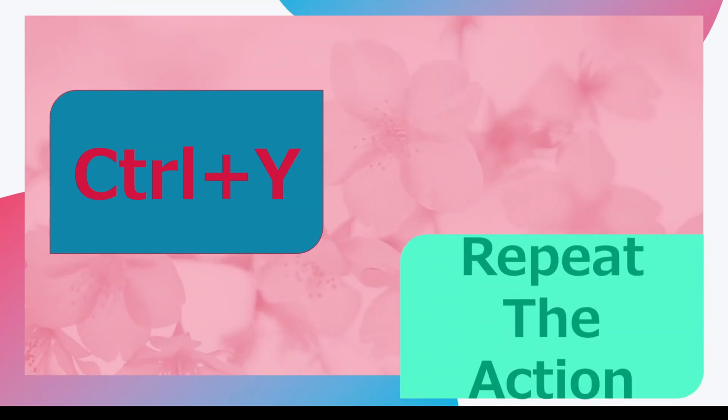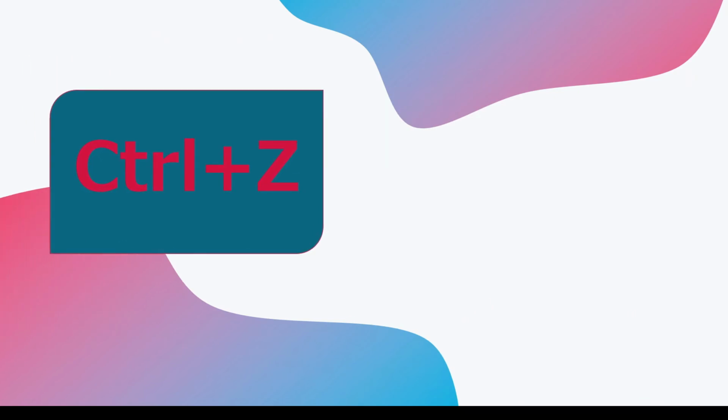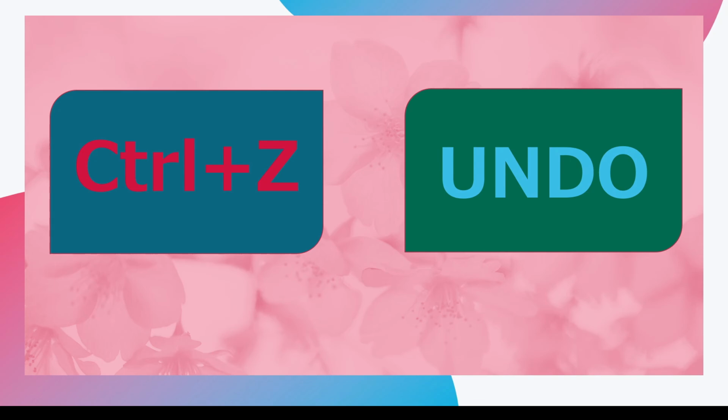Next is Control Y. Control Y is used to repeat the action. Next is Control Z. So Control Z is used as an undo command. So here are the list of the shortcut keys